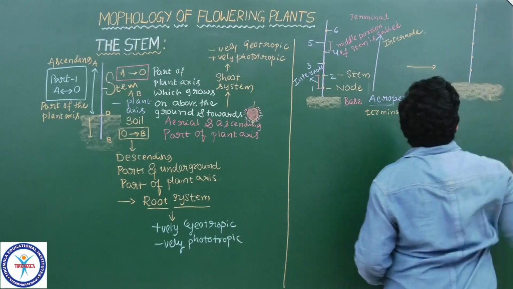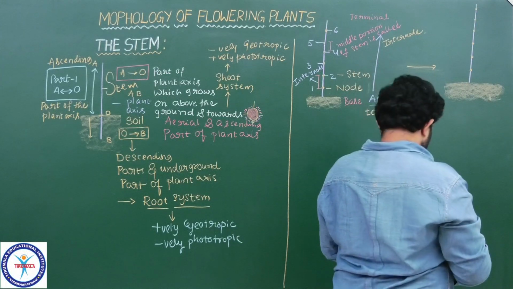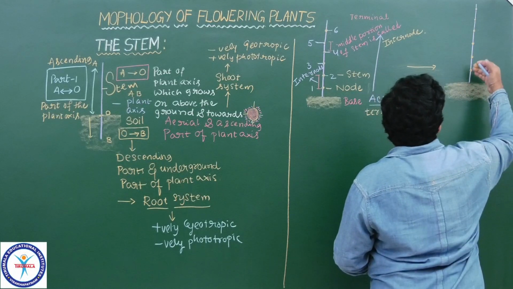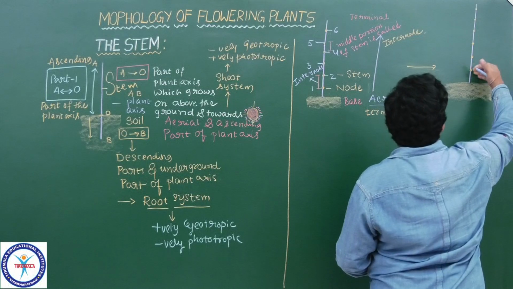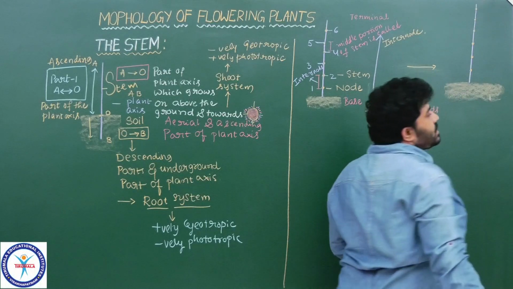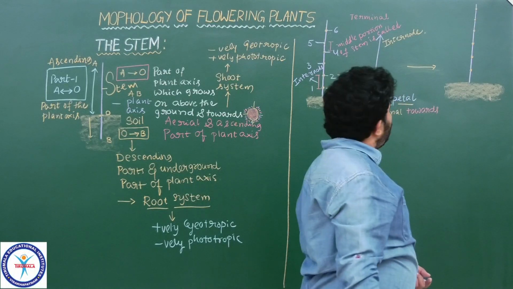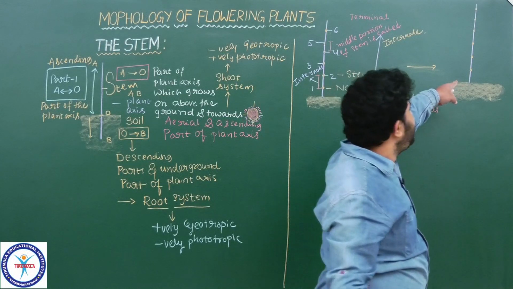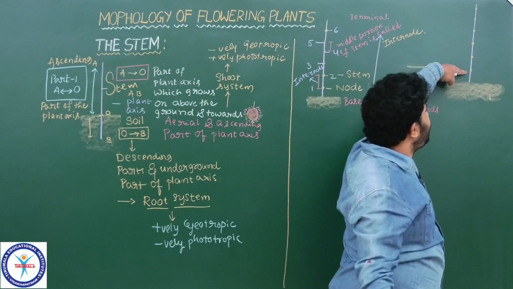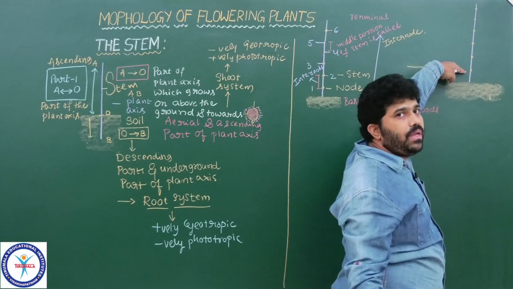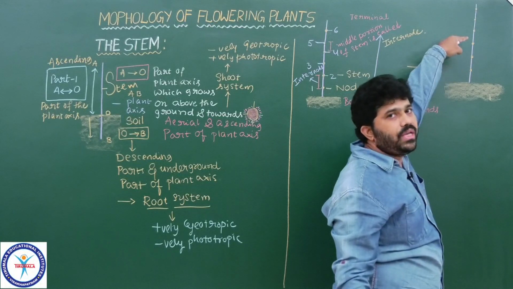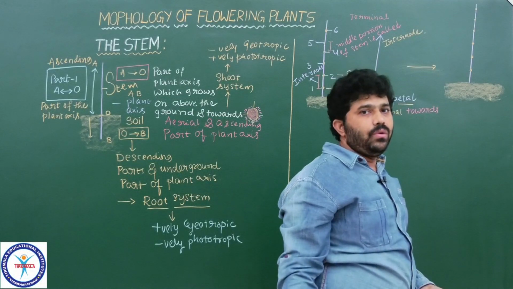All these nodes exist on the stem numerically and systematically, 1, 2, 3, 4, 5, like that towards the terminal. The maturation and production of organs also follow that manner only. The first organs, whatever they may be, borne on the stem are formed at node 1, after that node 2, node 3, node 4, node 5, like that. Now you got the point.